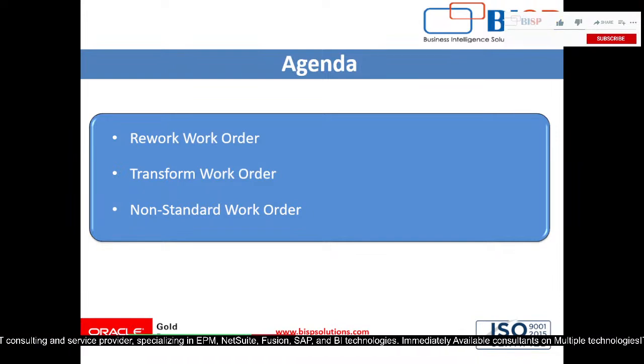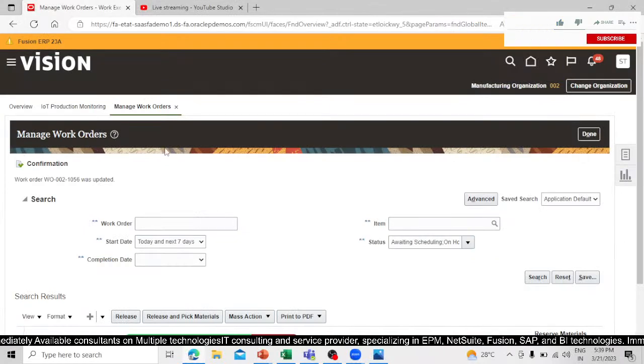We will see all the things, right? And if the work definition is specified, the behavior of this non-standard work order is similar to the standard work order, right? This is the difference between the standard work order and the non-standard work order, right? So let's create one non-standard work order, right? So this is our